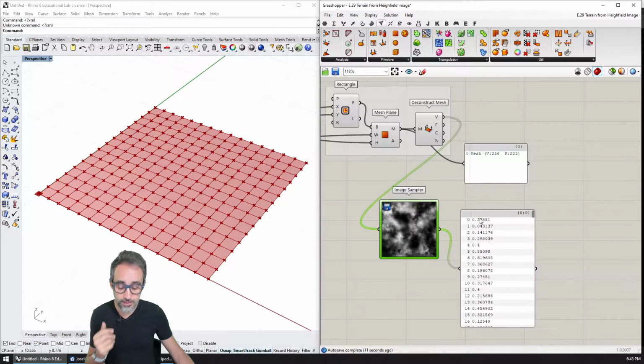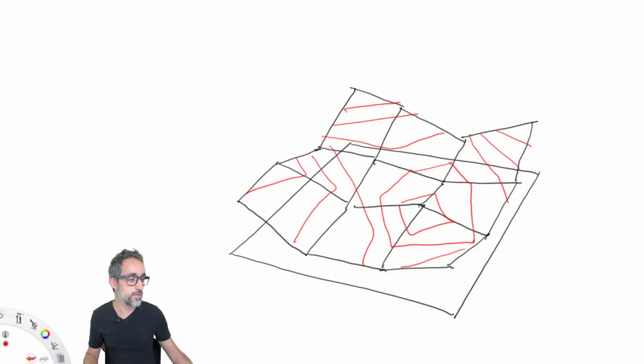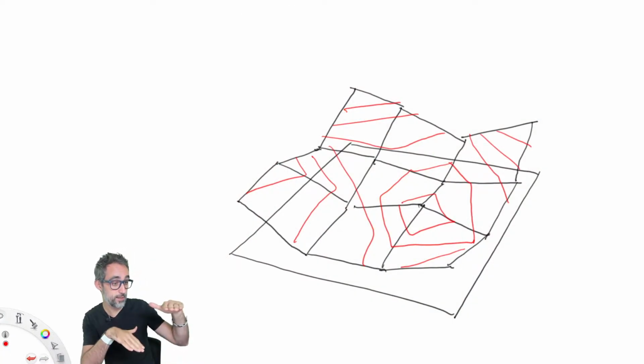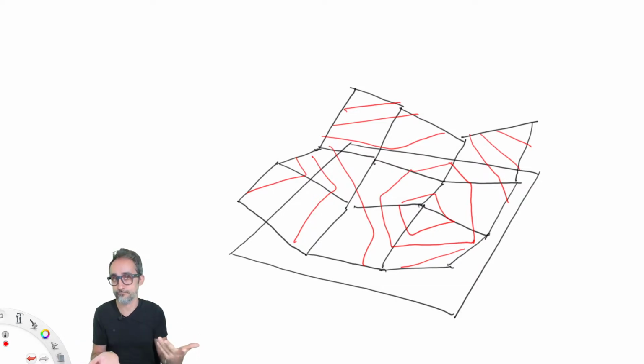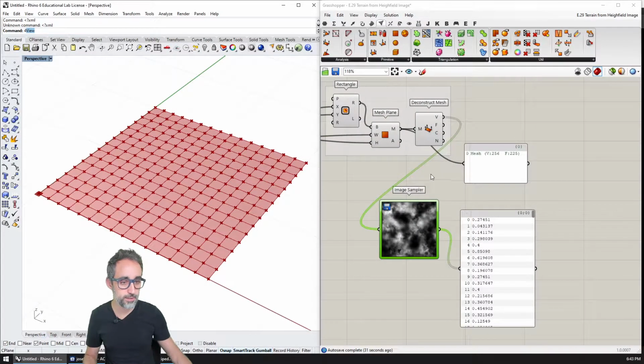And then, in order to recreate the mesh, all the points that I had below, I'm just going to move them up in the Z direction an amount that is directly proportional to how bright those pixels are. We know that from the data.